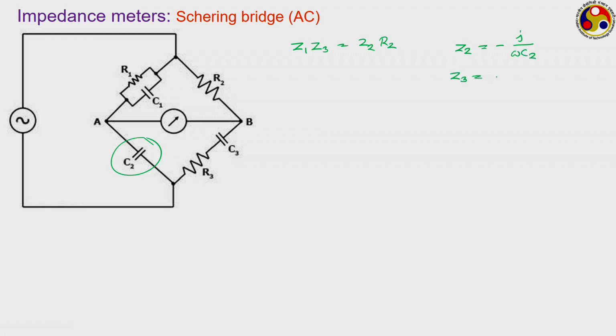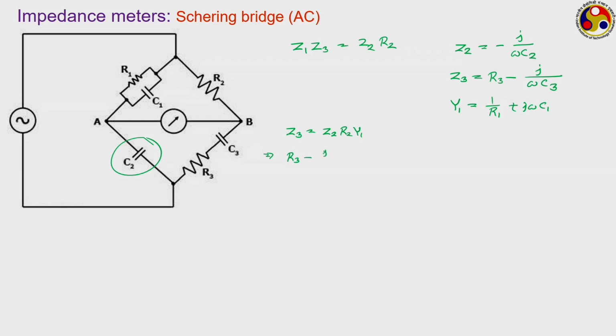Z3 is resistance and capacitance in series, so it will be R3 minus j upon omega C3. For arm number 1 we write the admittance, as they are in parallel like we did in the previous case. So Y1 will be equal to 1 upon R1 plus j omega C1. If we put all of them together, then writing Z3 is equal to Z2 R2 Y1, we have